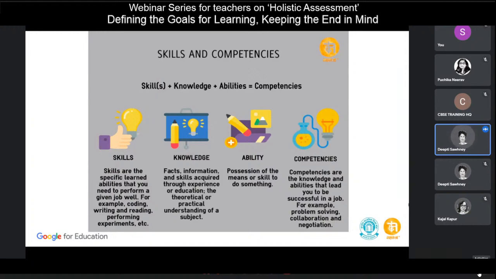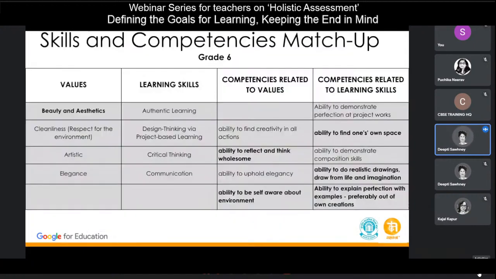So if you go on to the next slide, Jika, I've given an example of some values, that is, the skill sets that you need. So I have just looked at beauty and aesthetics, because that is something very vague, and something you actually don't relate to education per se, but that is something which is so important. So when you're looking at the skills for cleanliness, respect for the environment, being artistic, being elegant, or elegance is a skill, and you're looking at authentic learning, project-based learning, or critical thinking and communication,